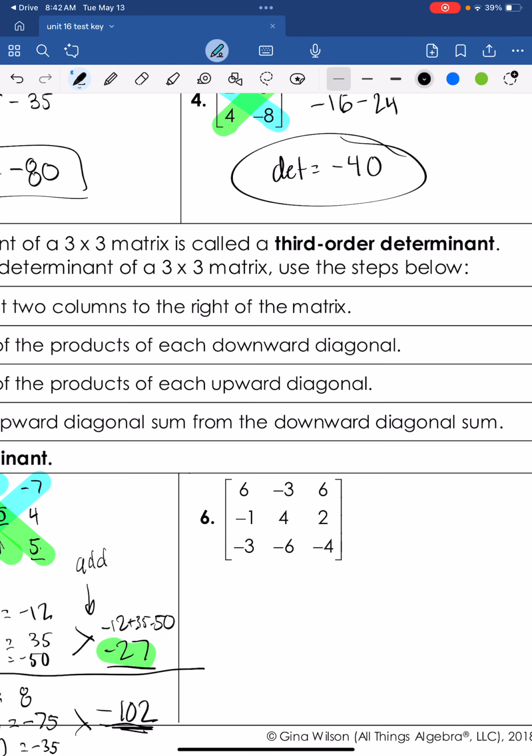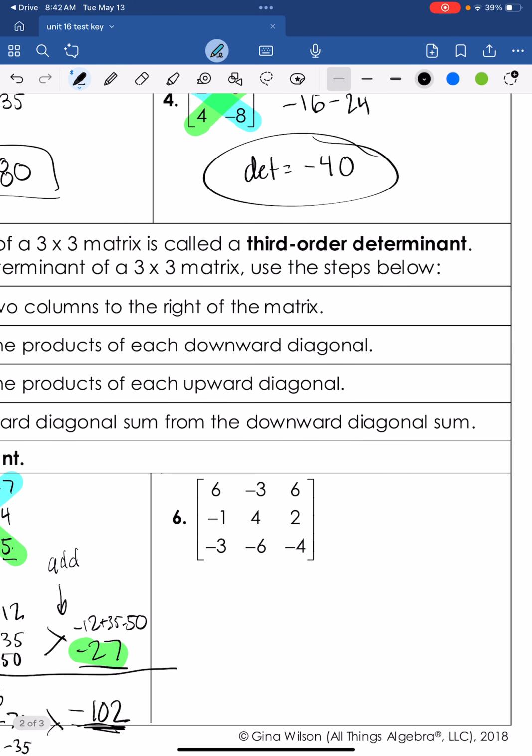So the first step is we're going to rewrite these first two columns to the right of the matrix. So 6, negative 1, negative 3, and then negative 3, 4, and negative 6. The next step is going to be multiplying diagonally. So we'll go down first. So here. So this first one we got, again, we'll organize this. We'll say down,